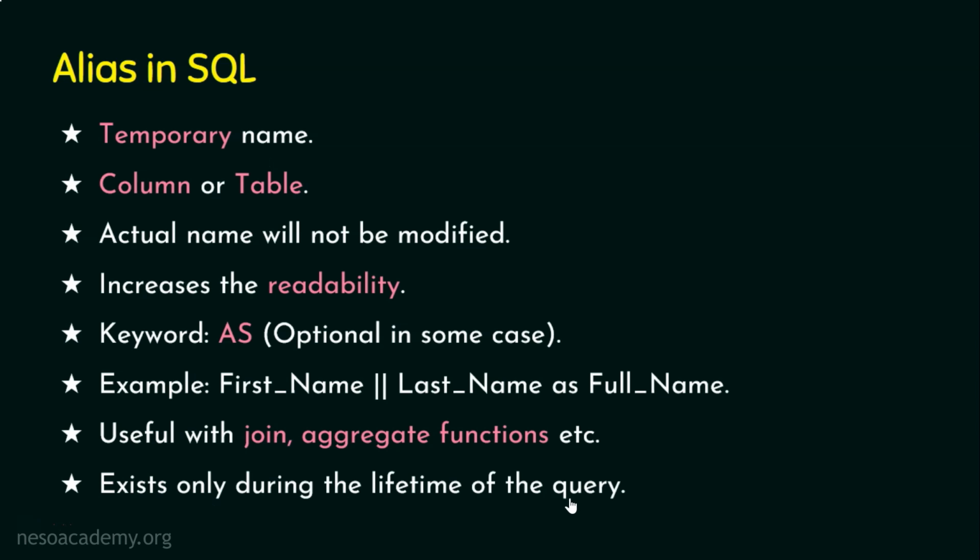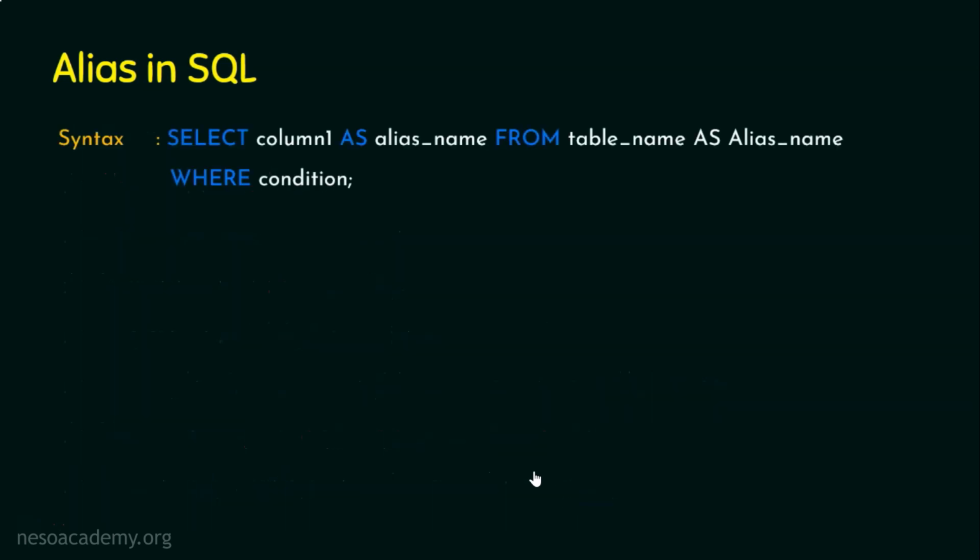Let's start the example with the syntax. The syntax for using alias is SELECT column1 AS alias_name. Can you see here? This is the select query and we select columns here, right? And we give column names here. Here I am retrieving only column1 and I am giving a temporary name with the keyword AS, and the temporary name is referred to as the alias name, and this is also user defined. We can give any name whatever we want to give. FROM table name. This is the general syntax of select, right? SELECT columns FROM table name, but here column name AS alias name FROM table name